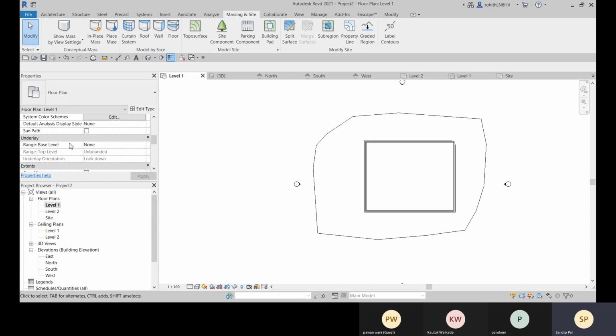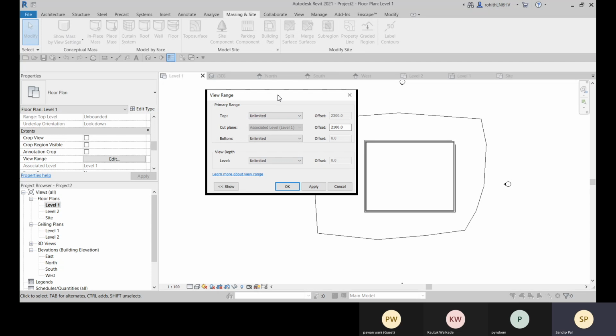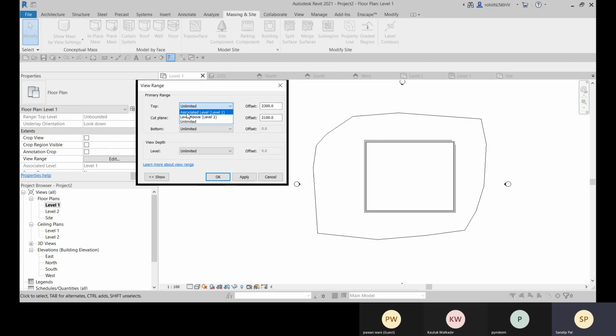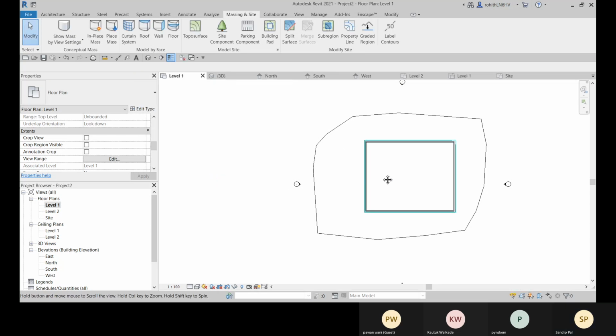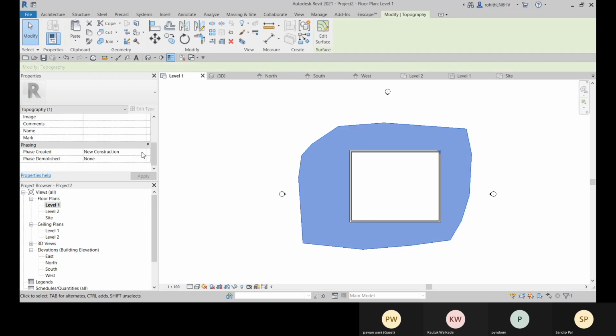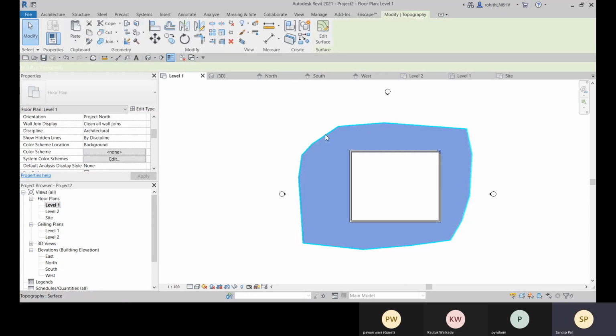So even after setting the view range, it was not visible because of that visibility graphics. Now let me show you again. Right, so this is now visible.